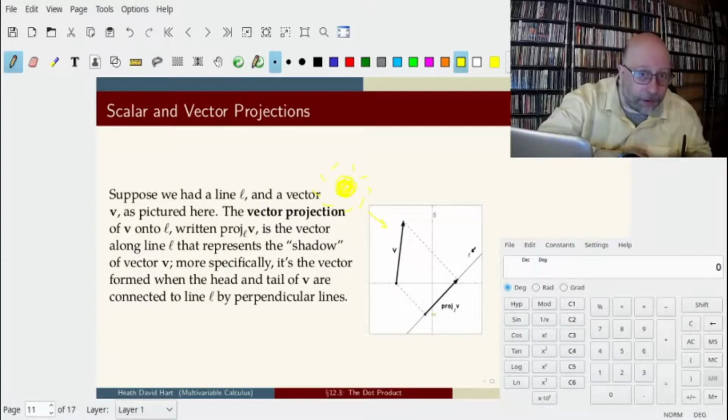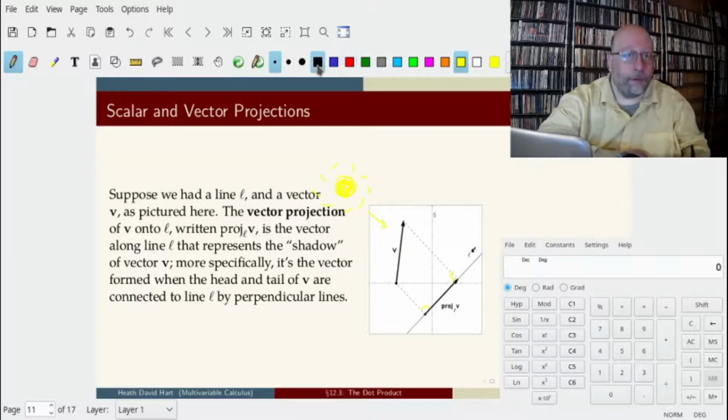That forms perpendicular sides here with L. The shadow that V has cast on the flat surface L is called the projection of V onto L, and